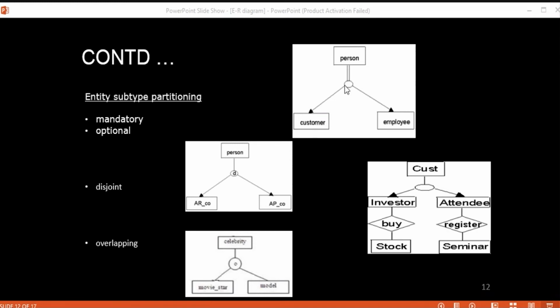represented by creating a double line from the supertype to that circle, and optional subtyping is represented by leaving a single line and the circle from that supertype to the circle. Is it clear? So this is just representing that whenever a person is going to enter data about that person entity into the database, it must first be classified as either a customer or an employee. Okay, so the database user cannot just simply